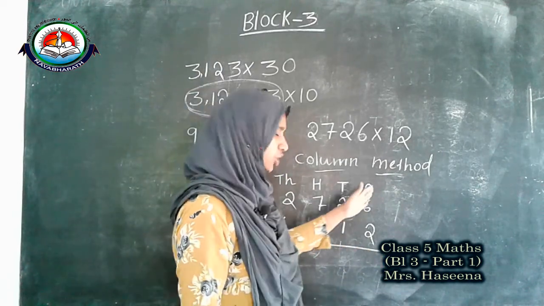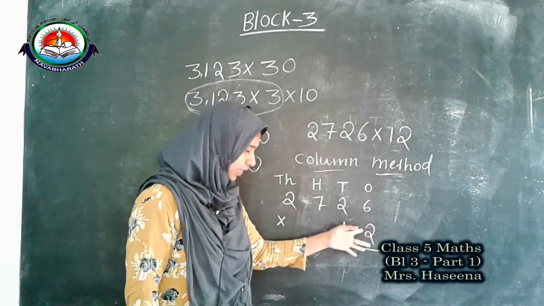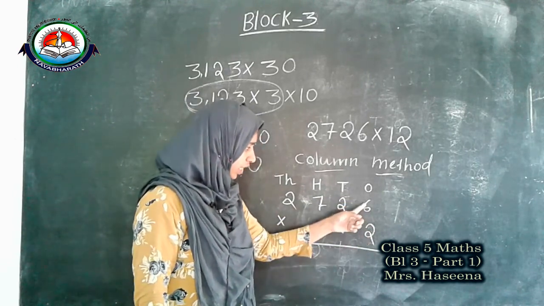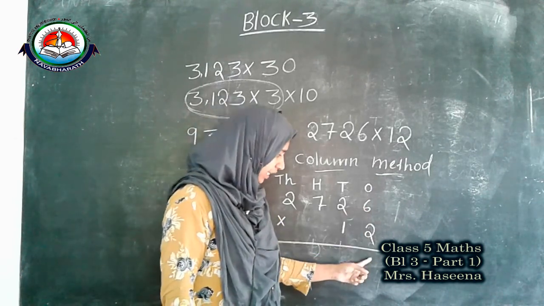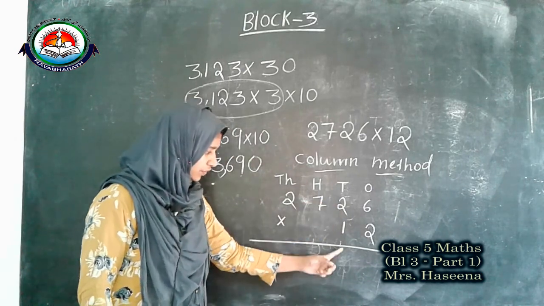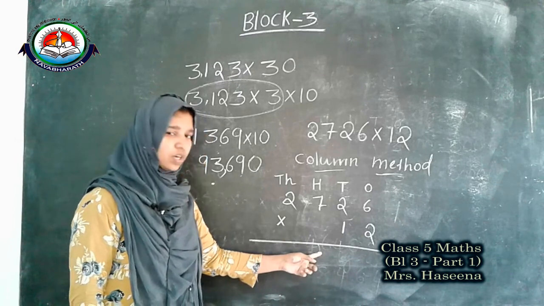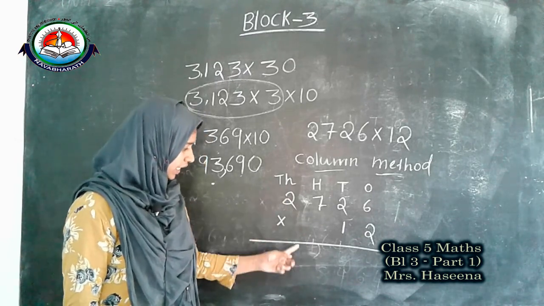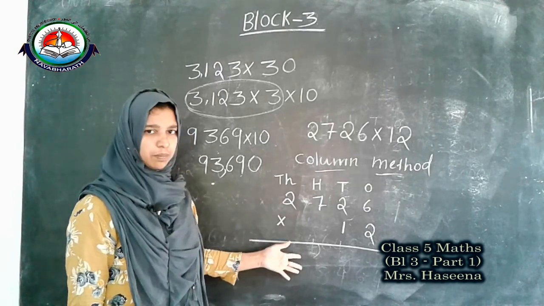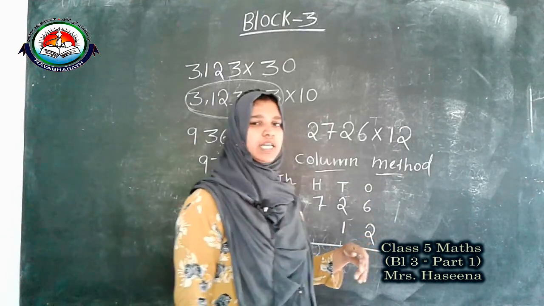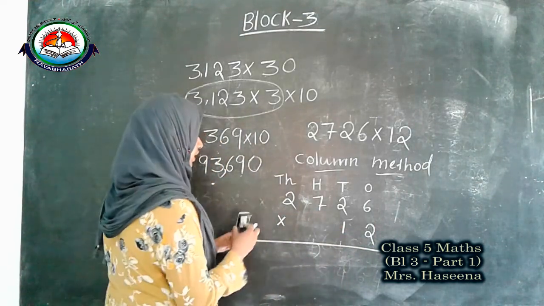Before multiplication, I want to tell one thing. If we multiply two numbers, here in the ones place we can write only one number. Here also we can write only one number, here also one number. Here no problem. Why? Here means the last number only. In the last place we can write more than one number.